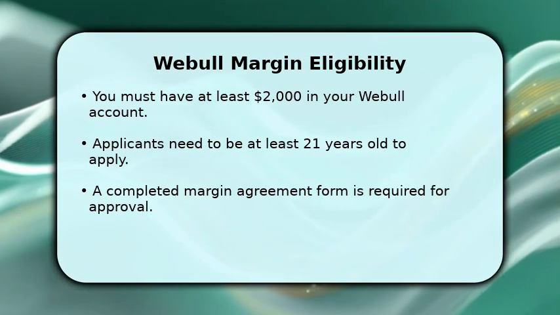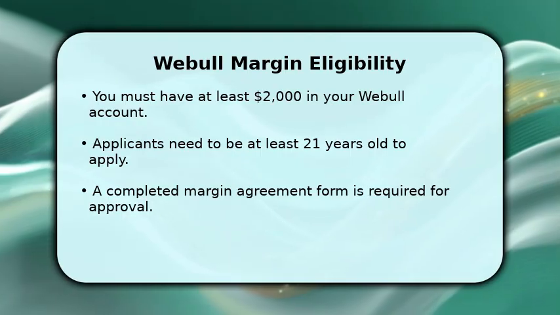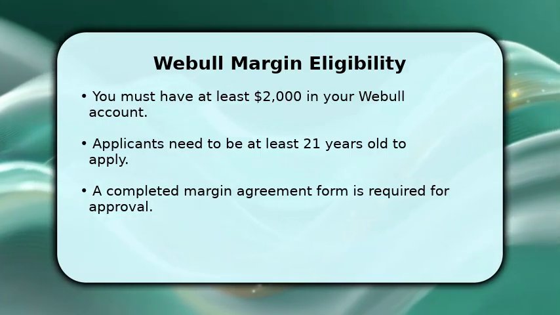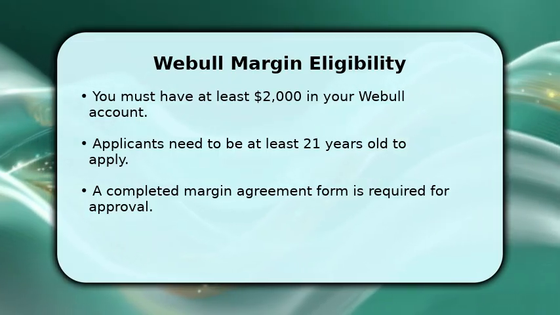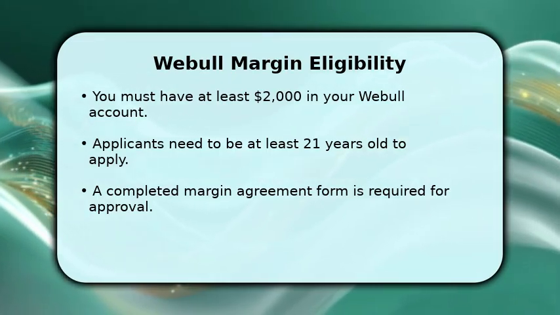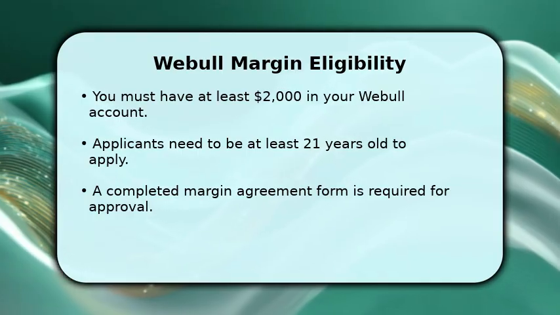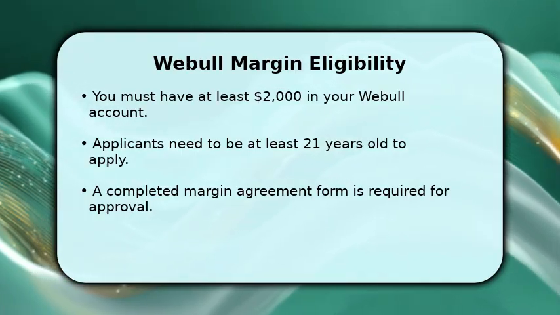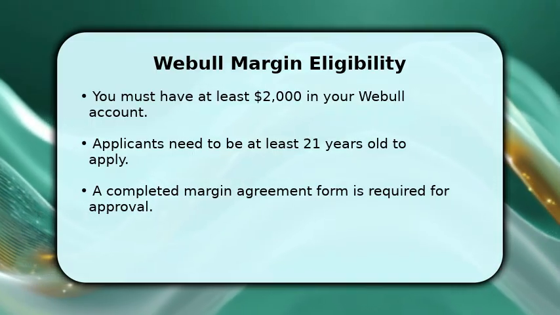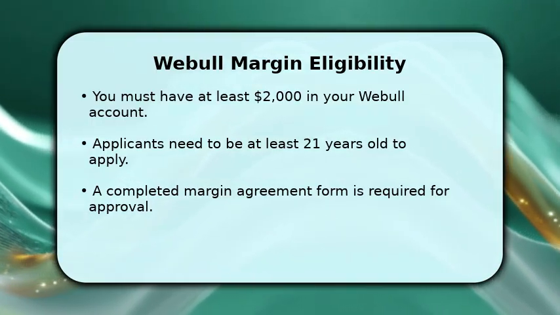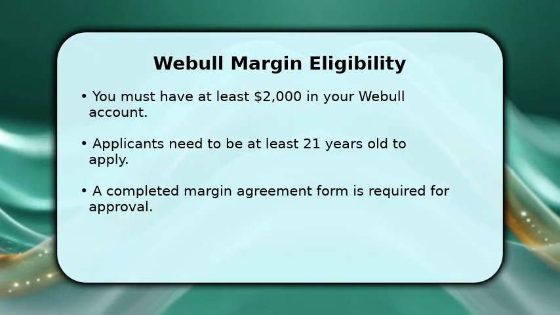To qualify for a margin account on Webull, you need to meet specific criteria. Your account must maintain a minimum balance of $2,000. Additionally, you must be at least 21 years old to apply for margin trading privileges. Webull also requires you to complete and submit a margin agreement form, which outlines the terms and conditions of borrowing